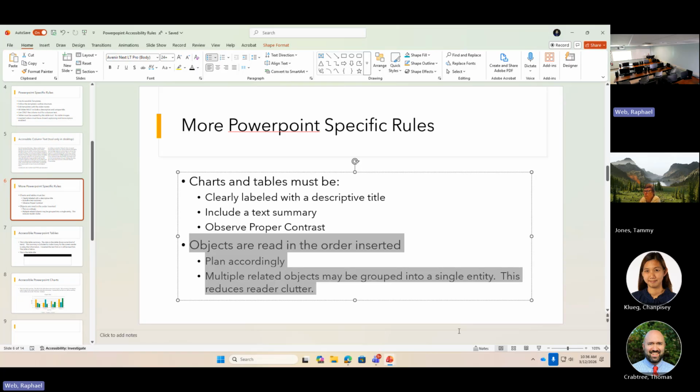You have to storyboard, essentially, in your head or on a piece of paper or on your computer, whichever way you're going to do it. You have to storyboard how you want that slide read, and then plan to insert those elements in that order. So